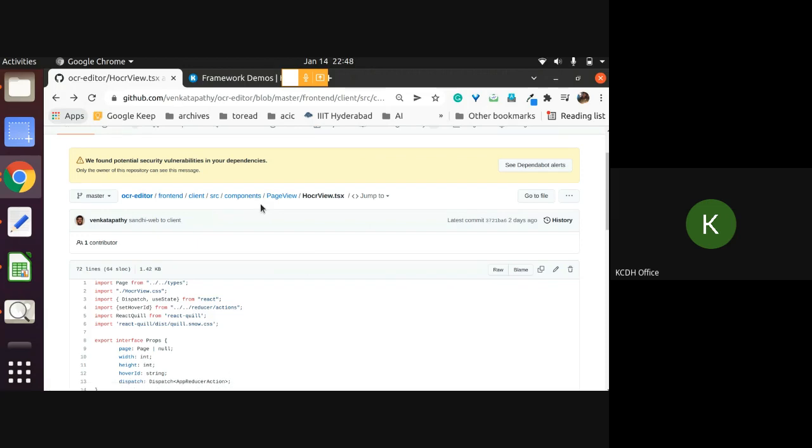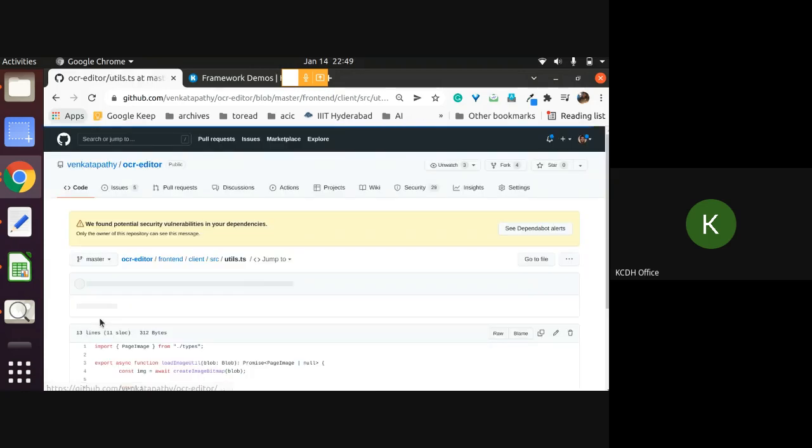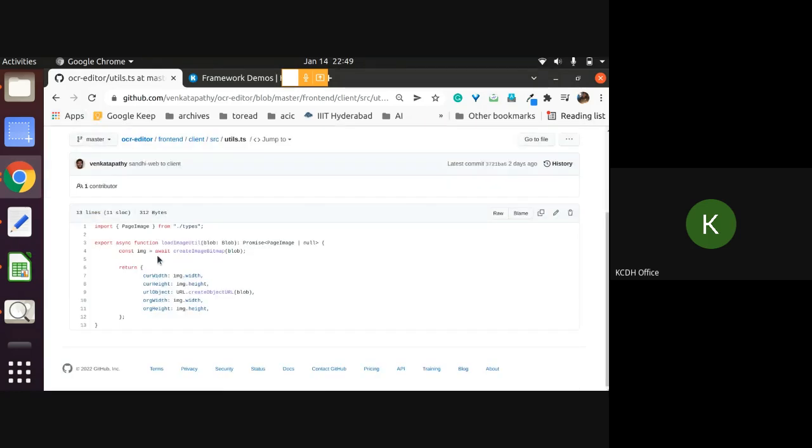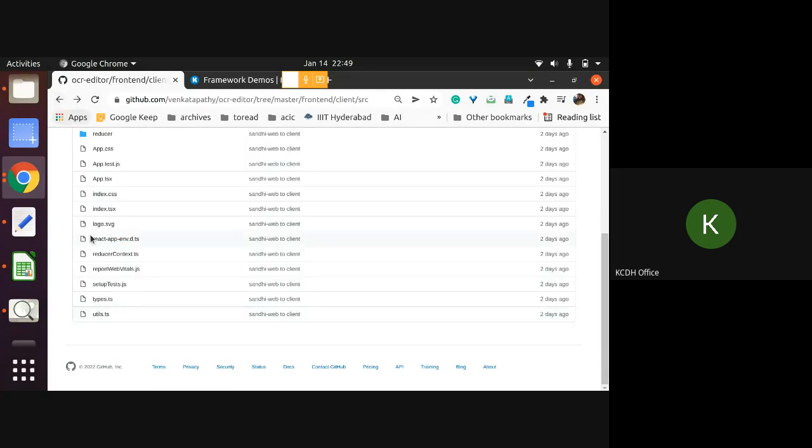Okay, so this is about the components. There are also some library functions these components will call, that are there in utils. This util will be used for creating the image actually. Given an image, rendering an image in React is also a little different. All this will be the load image utility. It's just used for loading the image.